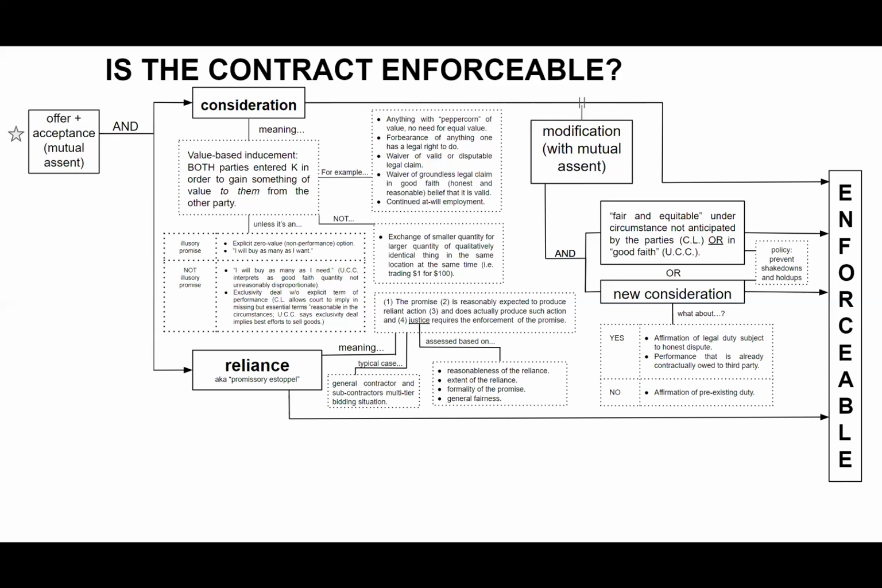So that bid by the subcontractor, it's a promise. It is reasonably expected to produce reliant action. In other words, the subcontractor can reasonably expect that the general contractor will rely on the subcontractor's bid when the general contractor comes up with their bid. And in our hypothetical, we're saying it does produce such action. And then justice requires the enforcement of the promise. Why is that? Well,